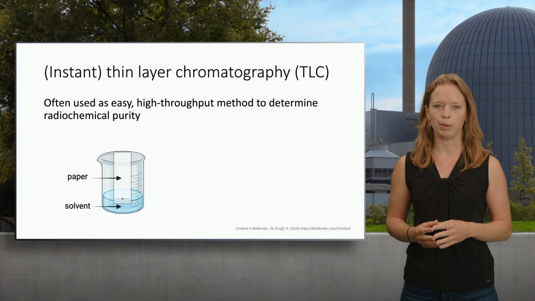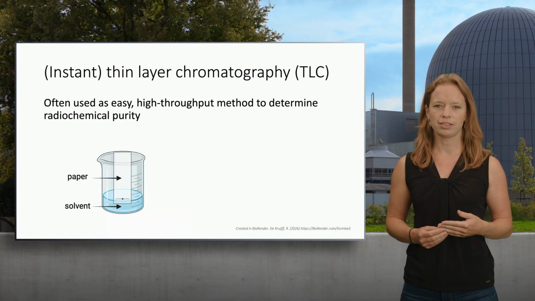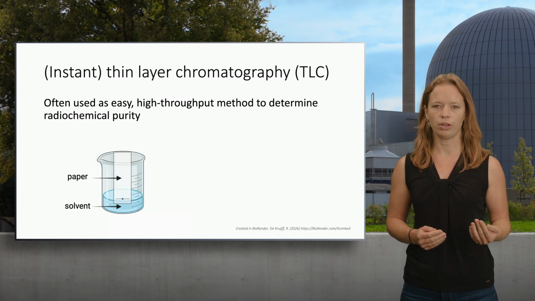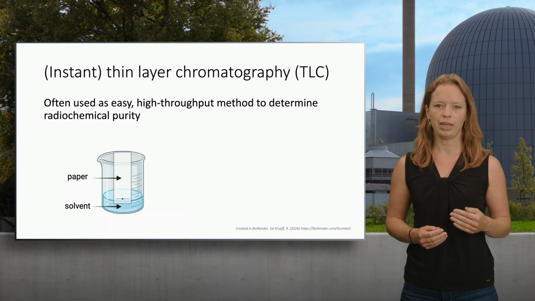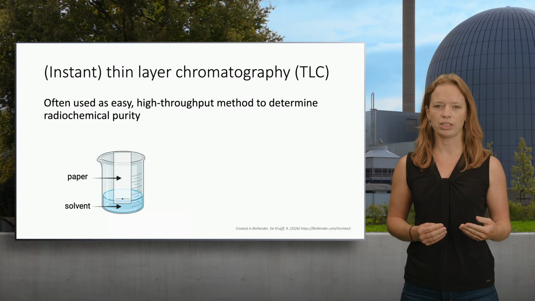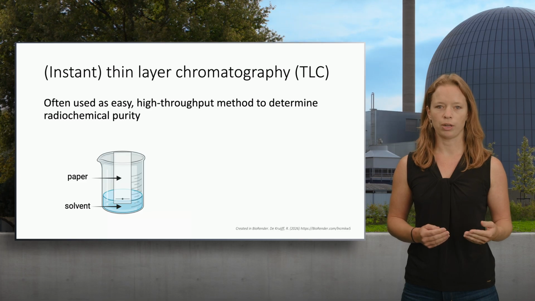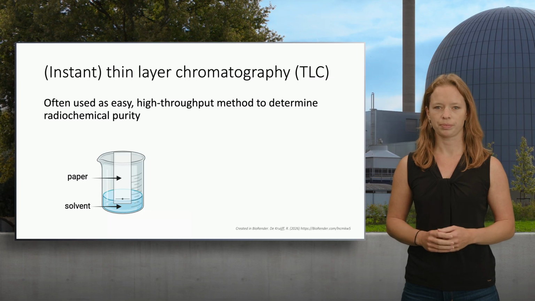The radionuclides that are bound to the drug will interact with the TLC paper differently than the radionuclides that are still free in solution. The TLC paper itself consists of a solid phase, for example silica gel, which is attached to a thin plate or paper. A small drop of the to-be analyzed solution is spotted a bit above the bottom of the strip and then allowed to dry. The strip of paper containing the spotted solution is then placed in a container with a small layer of solvent, the mobile phase, on the bottom.